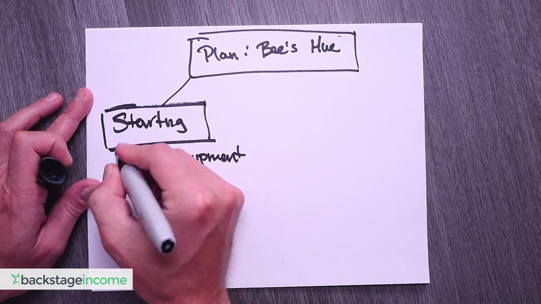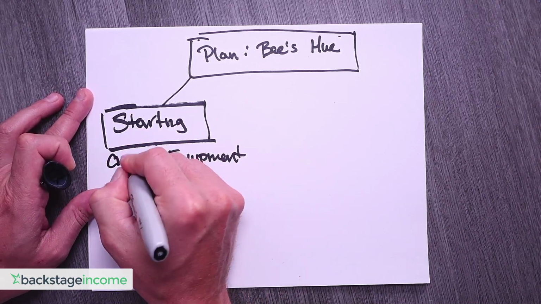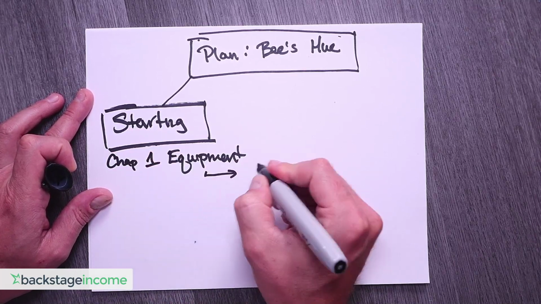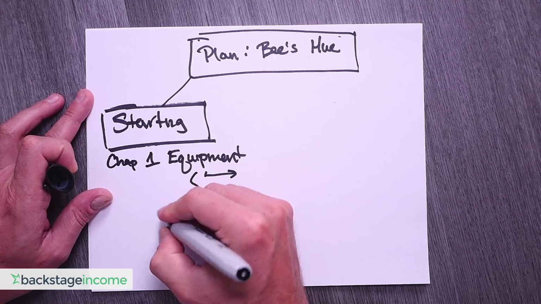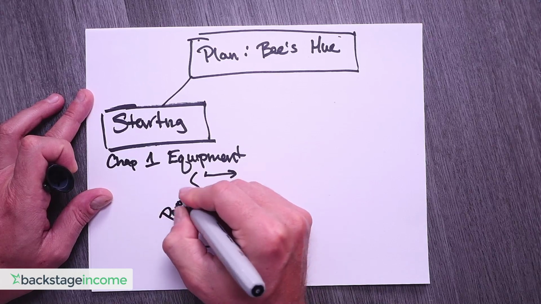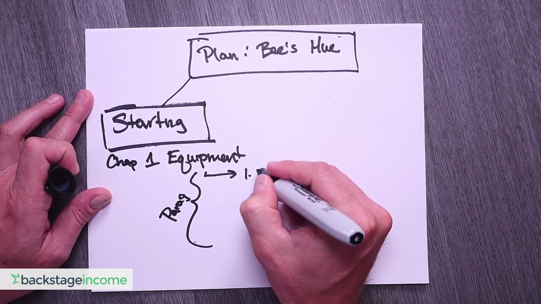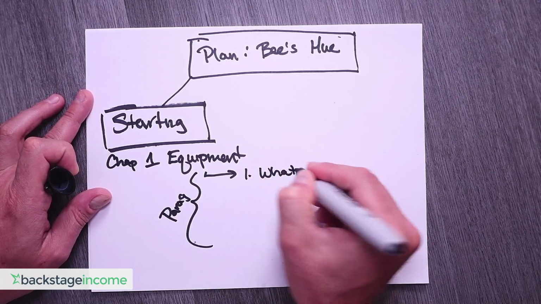So here is my chapter 1 on equipment, and now I go into, this is my paragraphs or sections. So in that, I have these sub things of